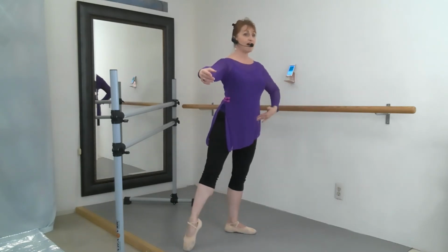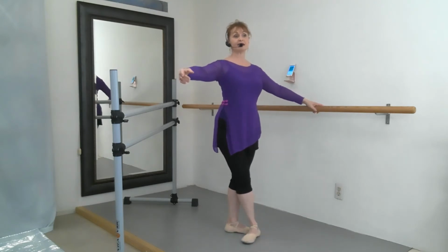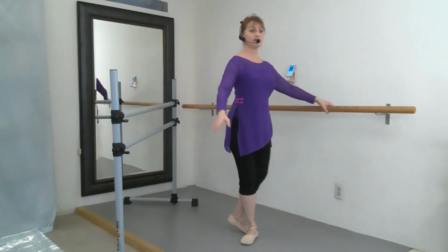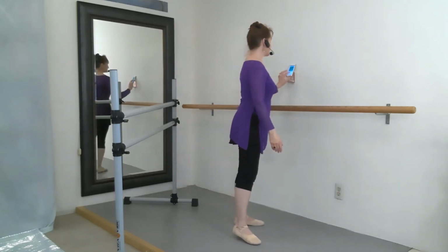Out. And in. Think of the opposite hip. They have to open up together. Front. And in. Really hold here. In. And in. Now change. Peel that back foot. Toe. Balance. Pull yourself up. And finish. Good. I just want to say a word about the arms in the port de bras and some of